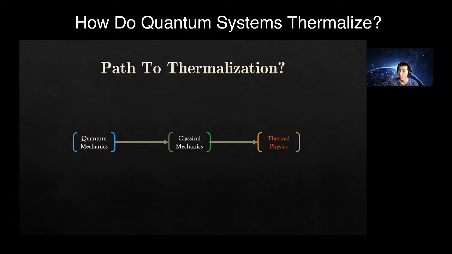So why are we talking about this? It turns out that if you look at experiments, there are purely quantum mechanical systems that thermalize, and they do not have to go through classical physics. So even though this derivation seems possible, it cannot be the only way quantum systems go into thermal physics. In fact, in many cases we see an even stronger form of thermalization, because going through classical chaos, the balls have to move around and mix well enough. There are many steps to chaos, and a lot of times there's not enough time for systems to do that, but yet some of these systems still exhibit